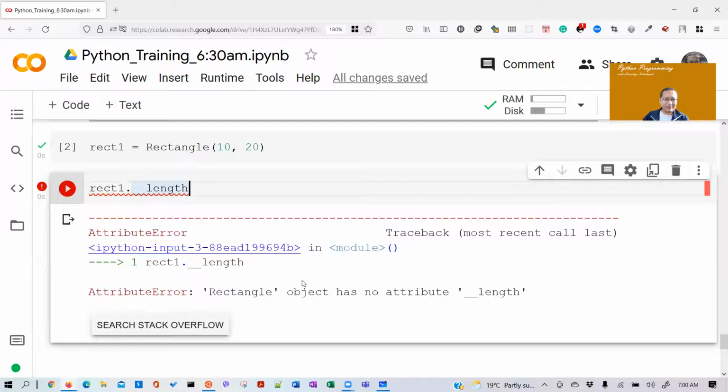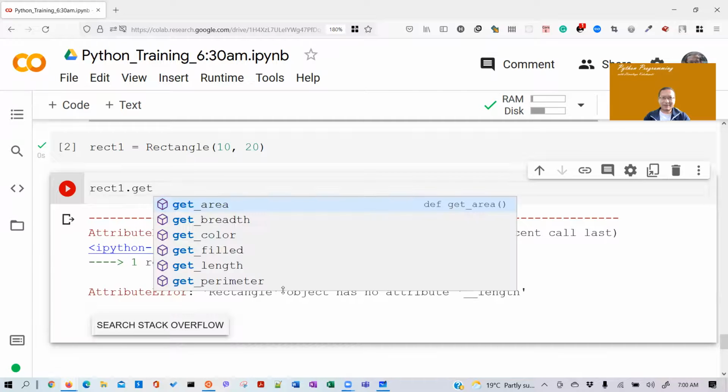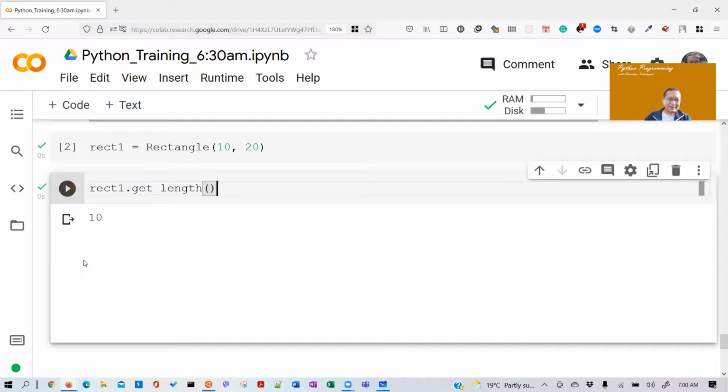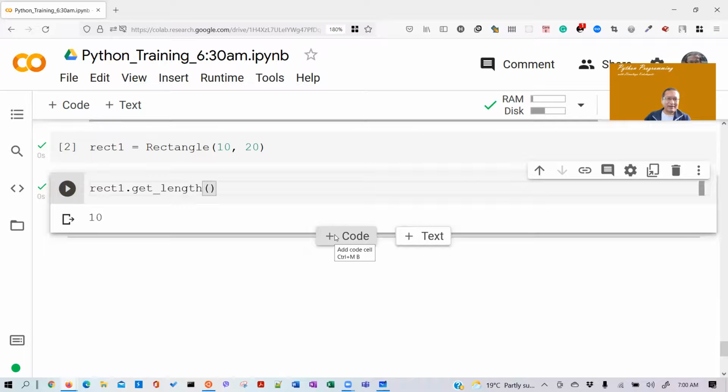What do we need to do? If I need the length, how do I get the length of rect1? By the way, get length. Very good. That's the reason we need a getter. Right, rect1 dot get length, and that's all I need. See the data, very good. Okay, all right, so similarly now I want to